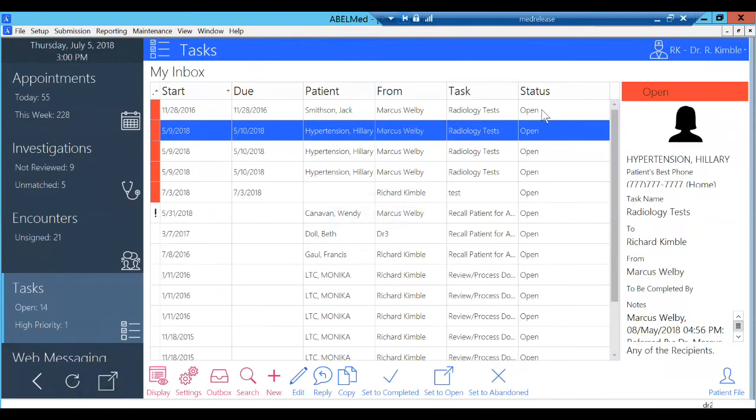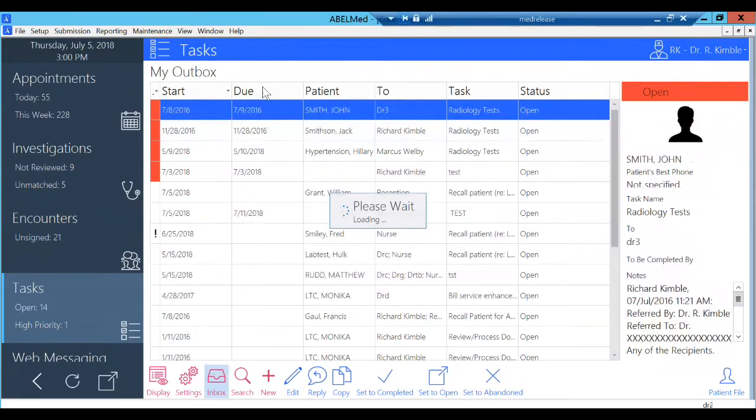Once you've refreshed, any ones that you've replied to disappear from your dashboard because they're now in your outbox. So currently we're looking at the inbox, my inbox, but if you wanted to see the ones that you've sent out, either by replying or sending them, you would just click on the outbox button here at the bottom. And now it says my outbox,